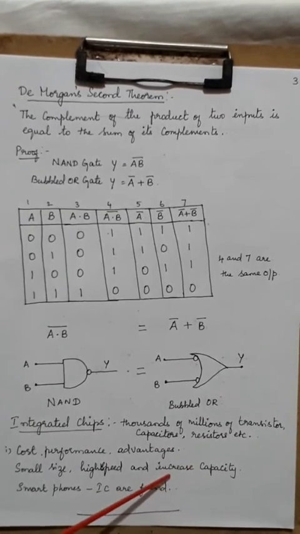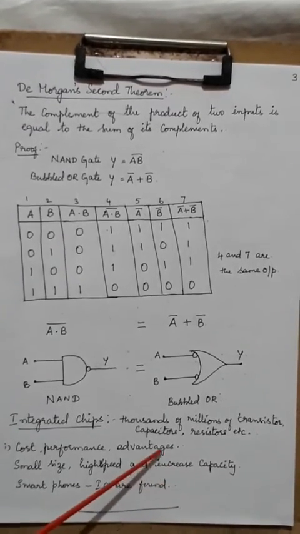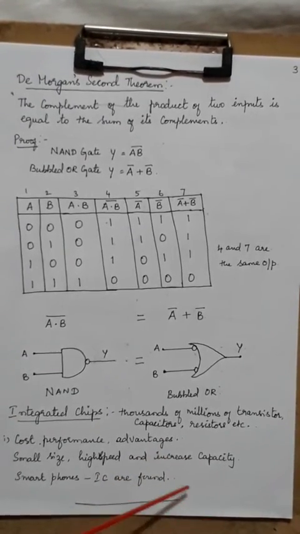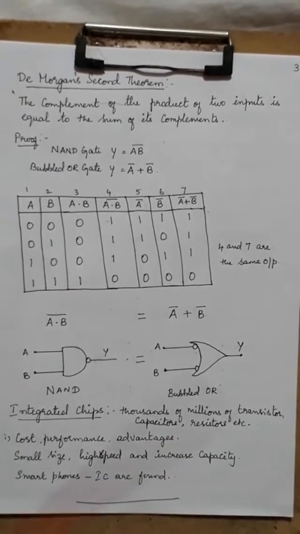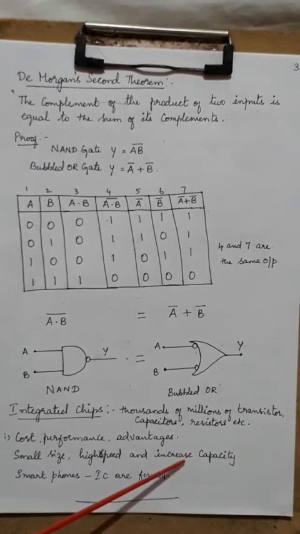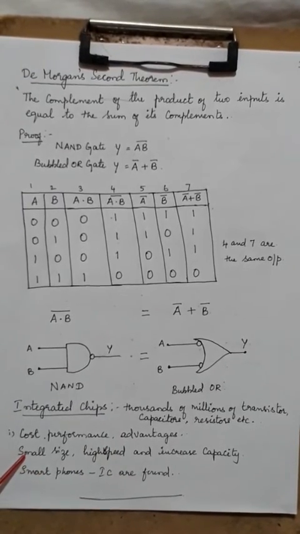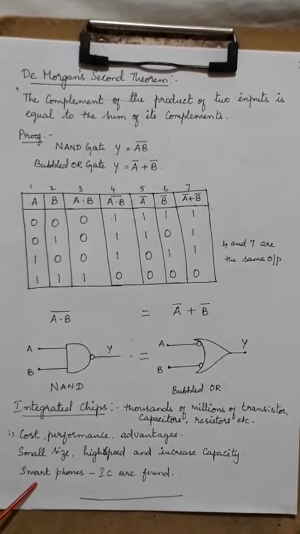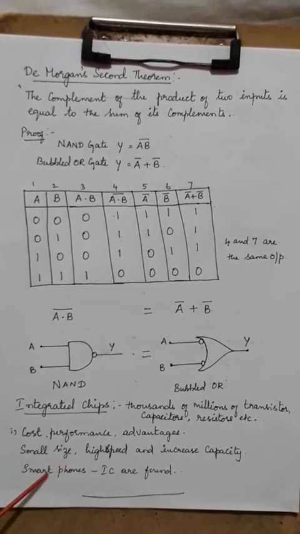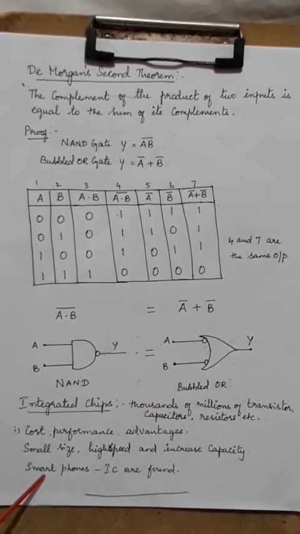Not only that, the same microchip is used in computers. RAM, you would have studied something called RAM. What is RAM made up of? It is made up of a microchip where all the things are stored. The capacity of storage is more in that. But if you look at the size of it, it is a very small size. Because of that only, the smartphone has turned into something in your hand itself. So this is where the IC chip is used. This is what gave way to the communication field also.